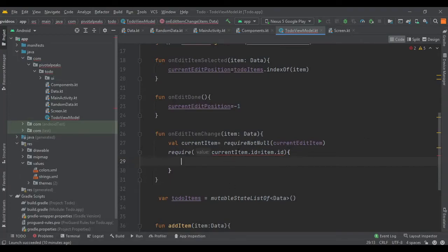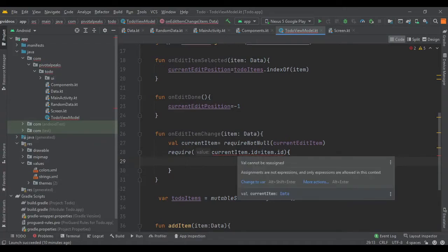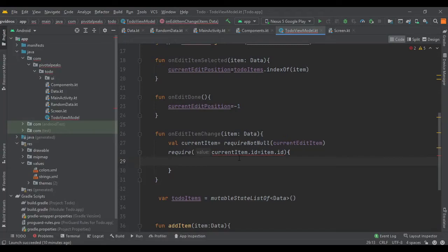So need to see what went wrong here. Current value cannot be reassigned. Assignments are not expressions. We forgot to put another equals. So yeah, we are matching the current item ID with the item ID.